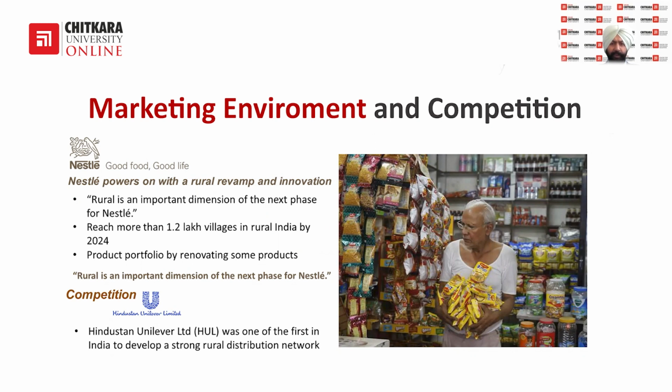But now, if you would have noticed, you go to even the remotest part of the country, you will find Maggi, you'll find other products. So somewhere they've been able to expand their distribution network also. That gives them the confidence that yes, they can reach out to the remotest of the parts. Now reaching out to the rural market is not a big challenge for them actually. Though we know that they have this competition from a big player in the market, which is HUL.